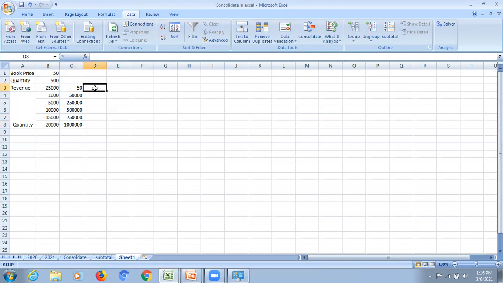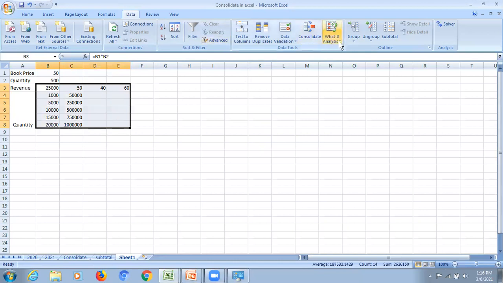Let us suppose that the price changes from 50 to 40 and from 50 to 60. I want to see that if it is 40 but quantity is 1000, if it is 40 but the quantity is 5000, or it is 60 but the quantity is 15,000. So I want to see the output with the altered inputs. So let us just see this. This is how I will take it.